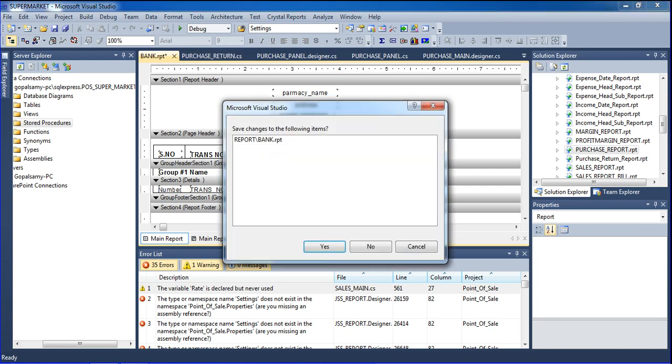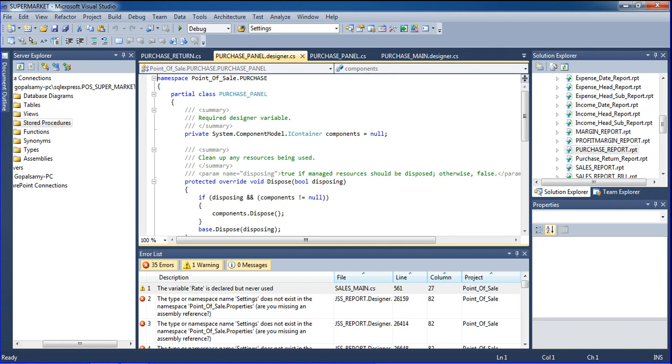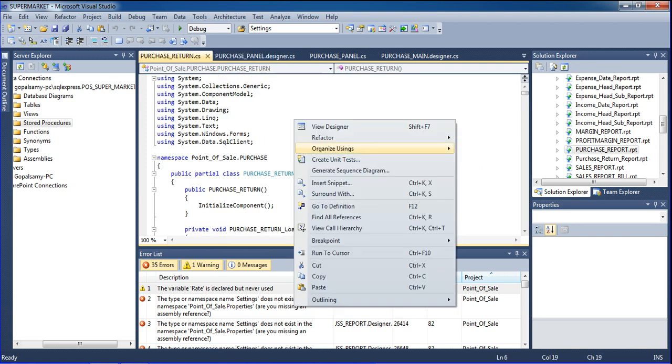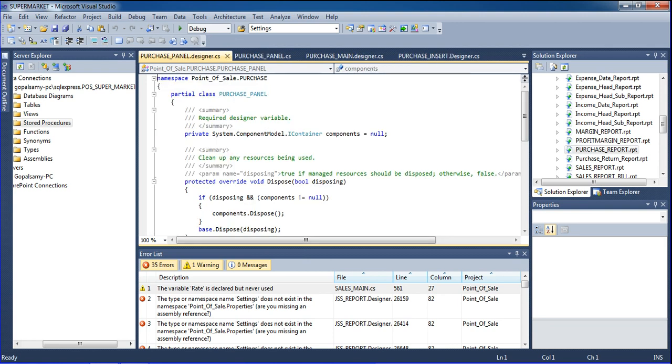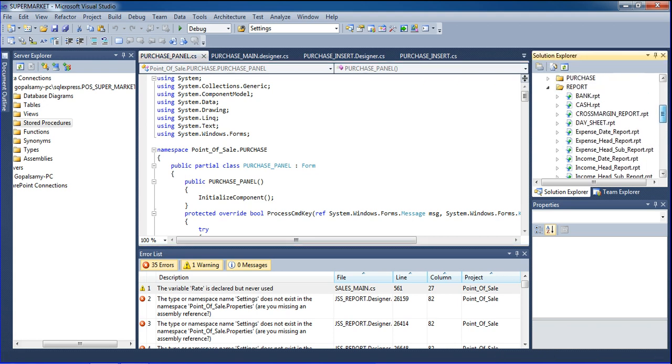Just 1 minute, it will be closed. Okay, this purchase report, this is the report form name. This report form name I am calling in this place. See, just go to designer, this is purchase return, the meaning of this. This time go to show here,